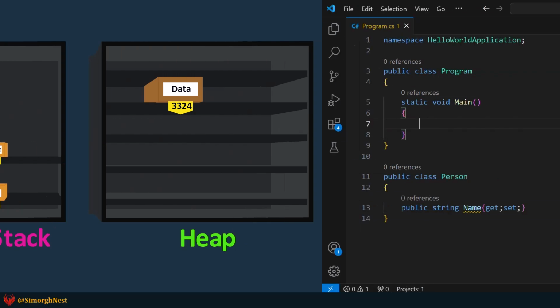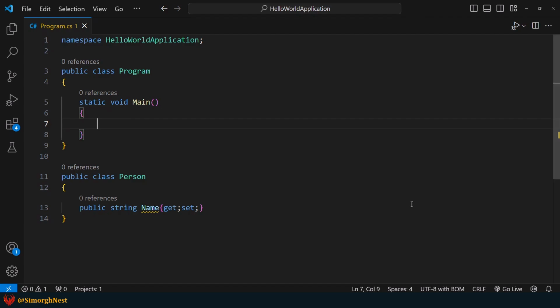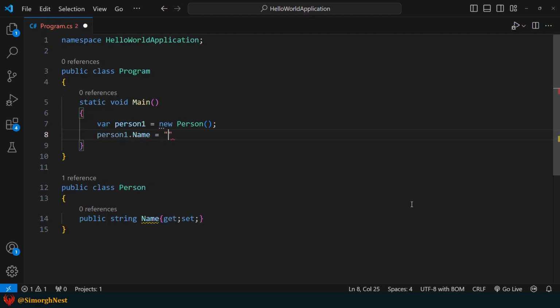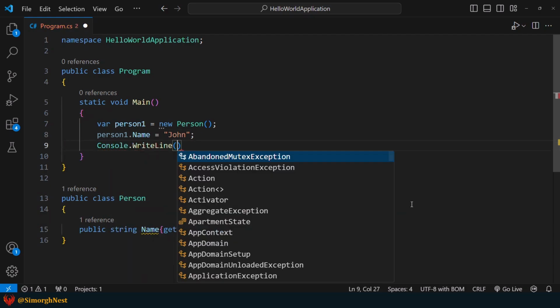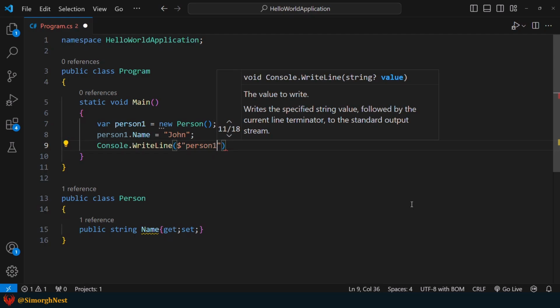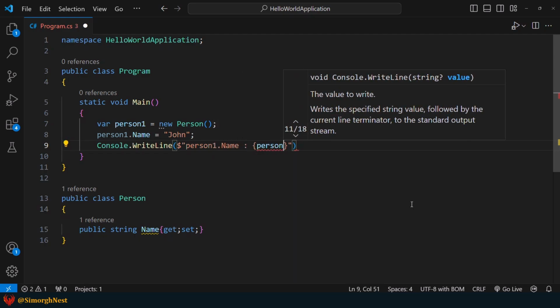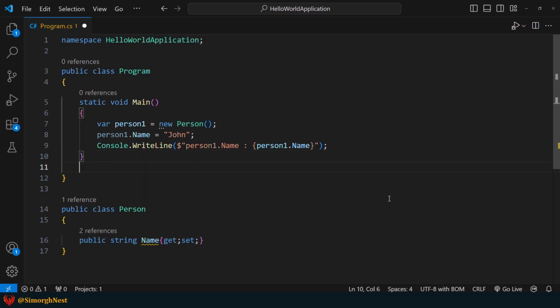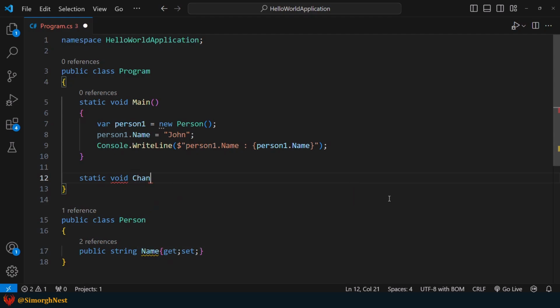Now let's jump to VS Code again and see this behavior in action. Inside the main method, we create an instance of the person class. Next, we set the name property of the person object to John and print it. Now, let's create a method called changeName that takes a parameter of type person.